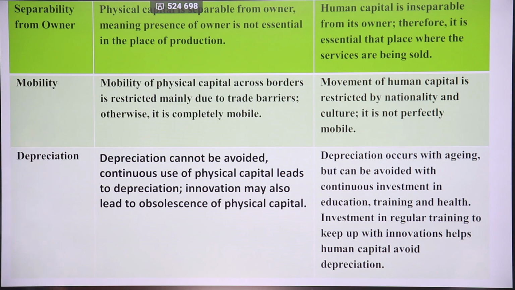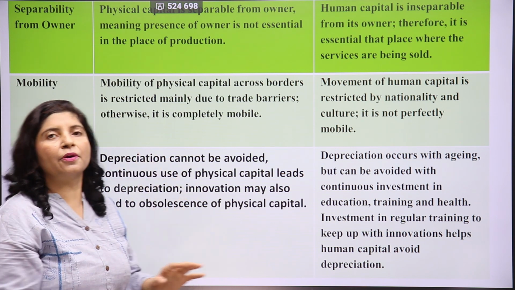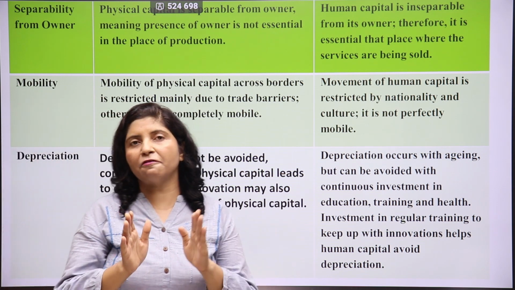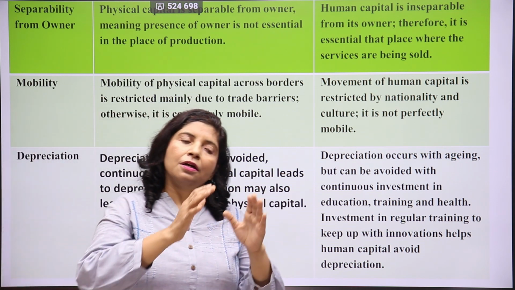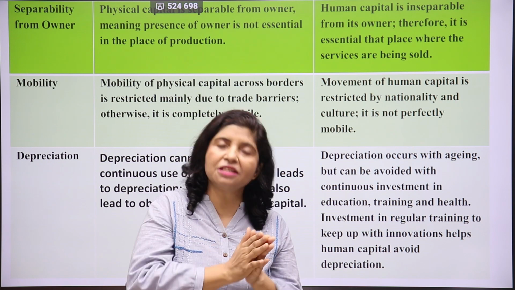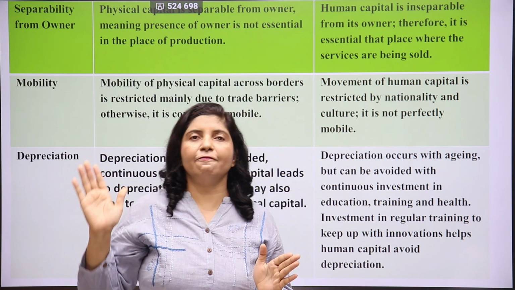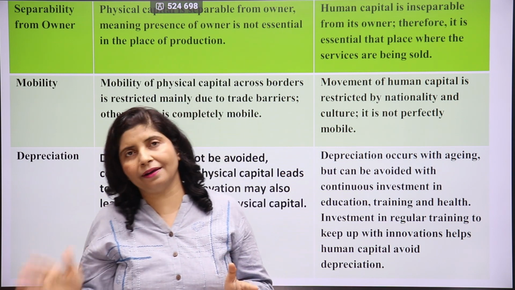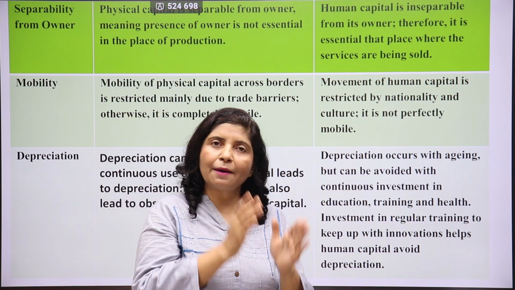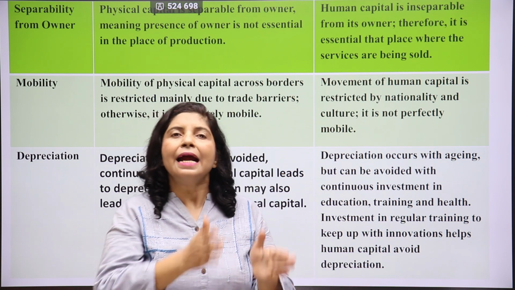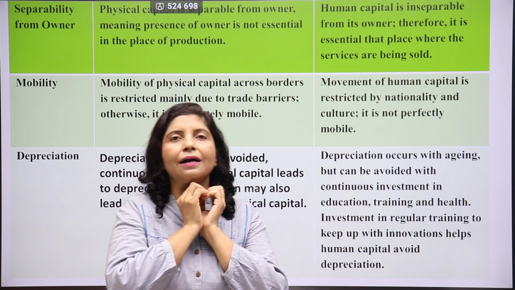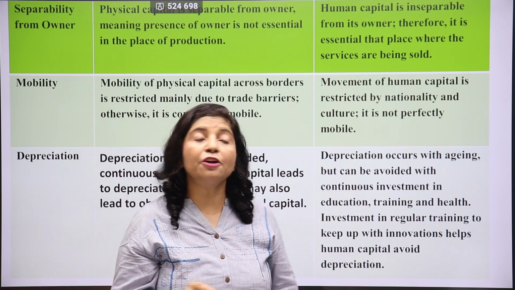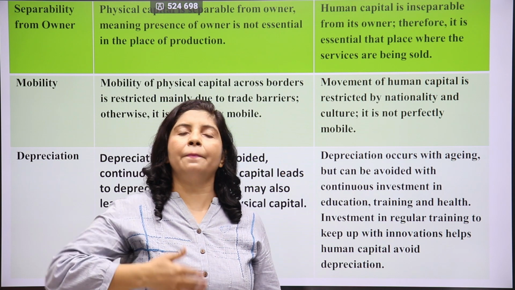Then depreciation. Depreciation in machines cannot be avoided whatsoever you do. A machine you have purchased has a perfect tenure, that means a time limit up till when it can function. Take for example, if a machine can function up to 20 years, then per year it will depreciate 1/20th amount, or it will fully become useless after 20 years or 22 years at most. But human beings can be upgraded.